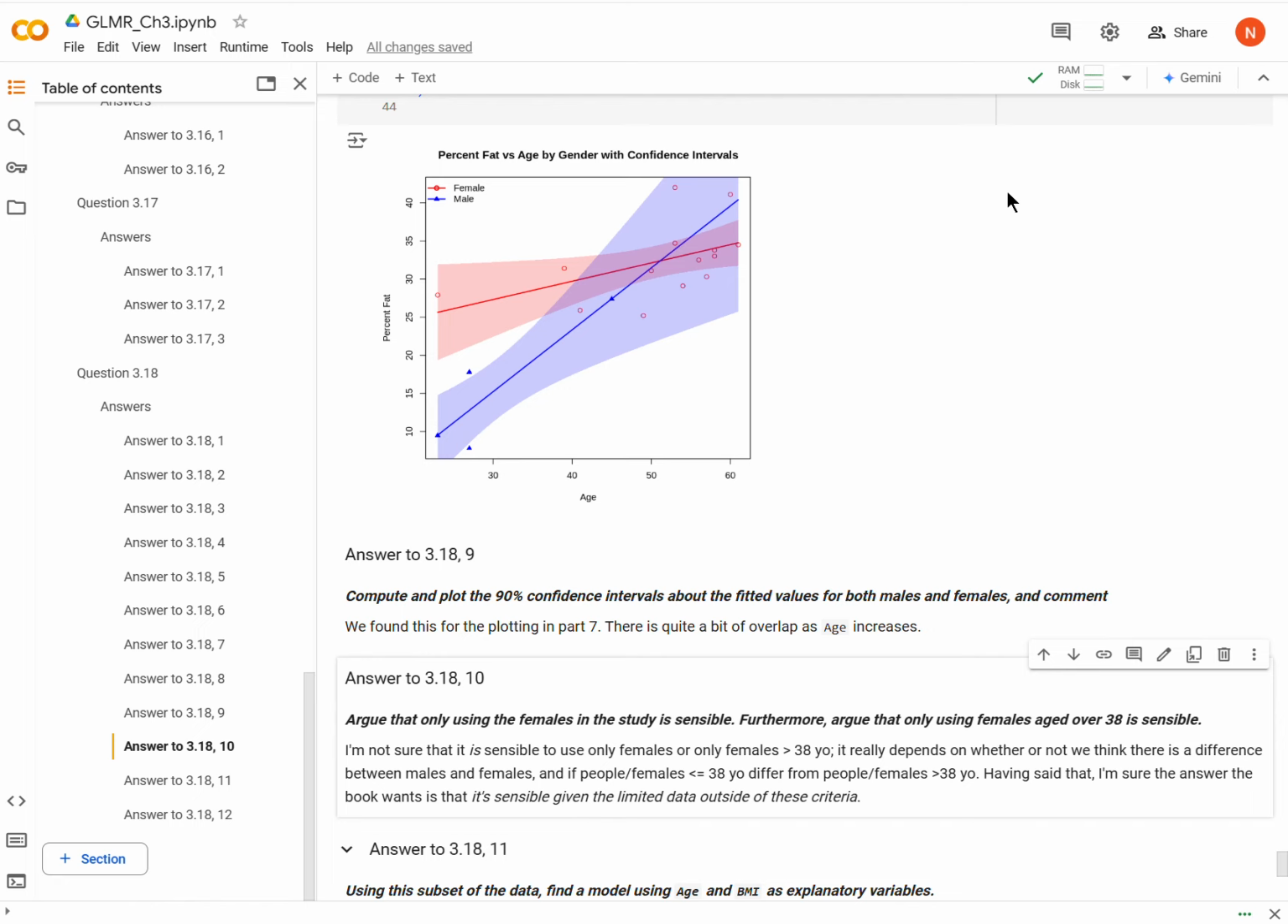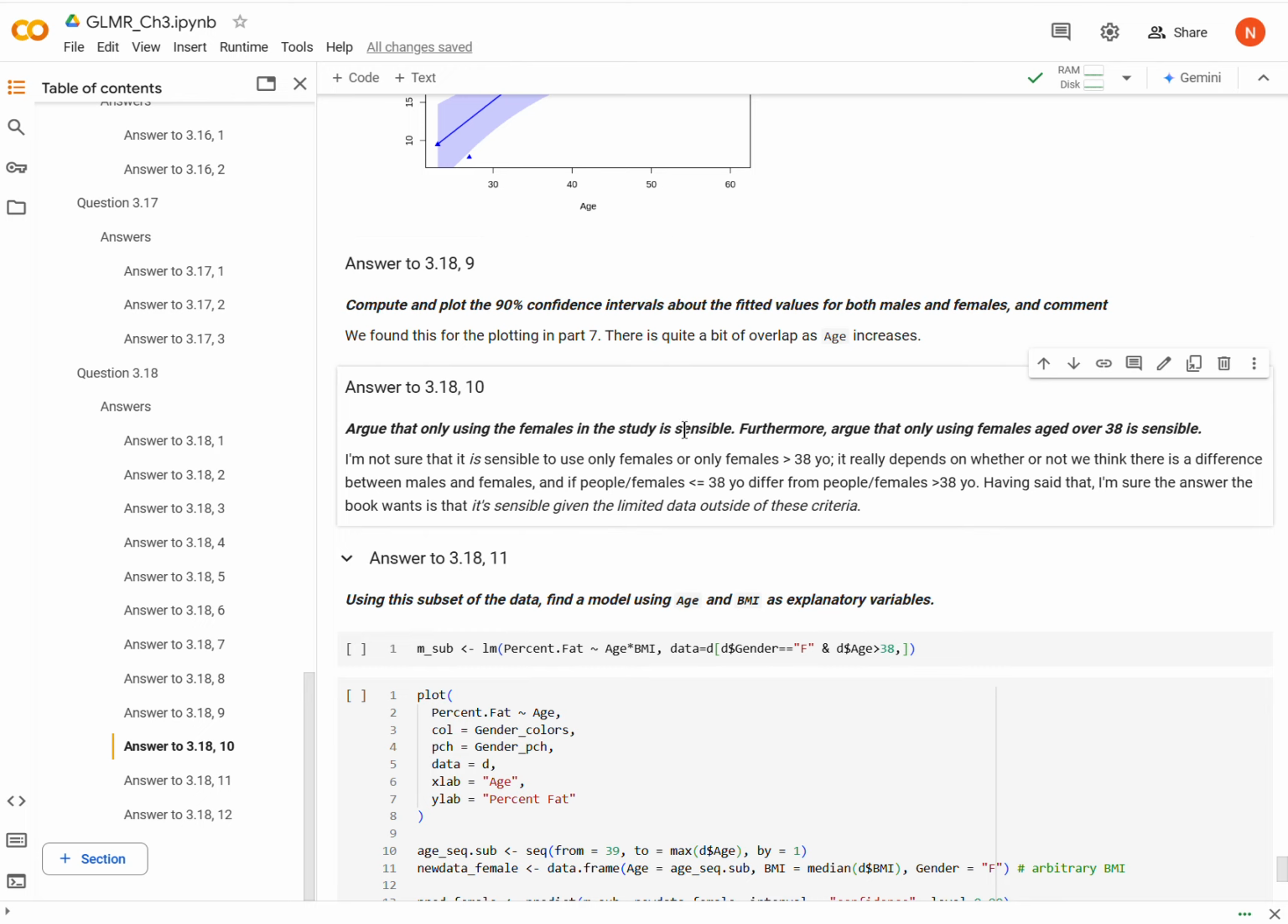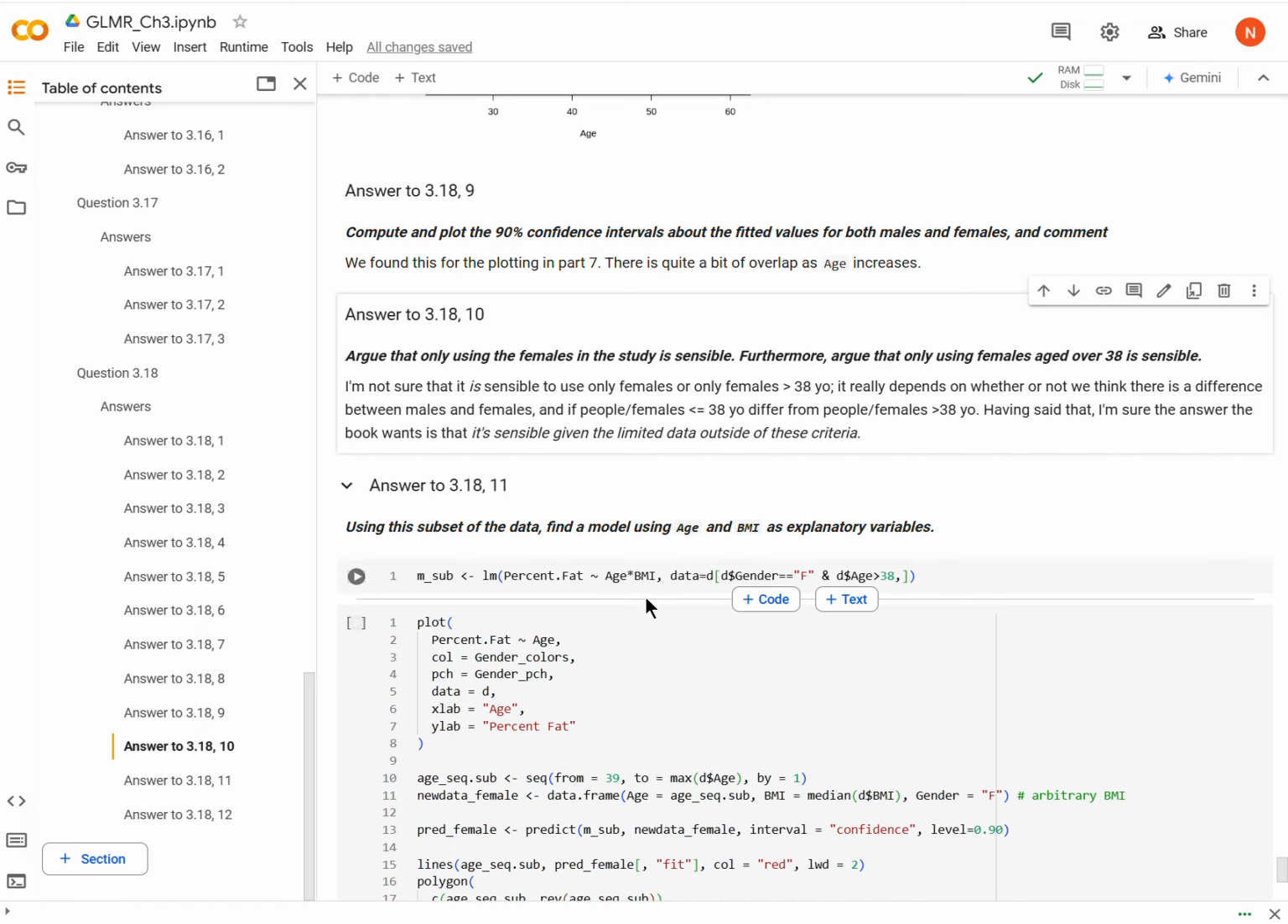Okay. Now, why above 38? Well, similarly, because the heterogeneity really comes from these very young people that were in this study, and so if we just go to 38, we still get the bulk of the observations here. Okay. So in part 11, we're going to use that proposed subset of data, females over 38,